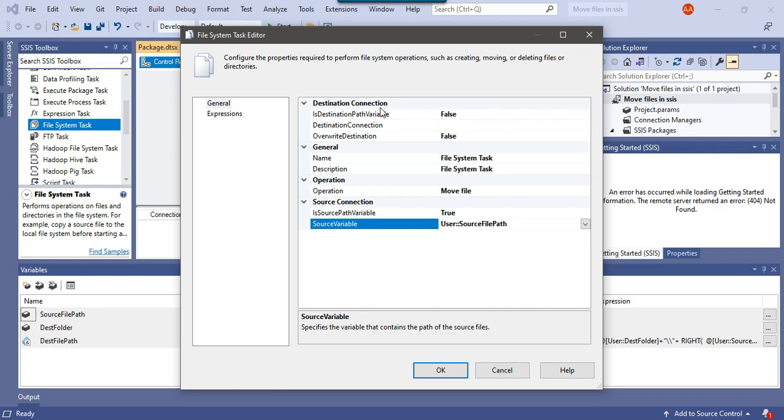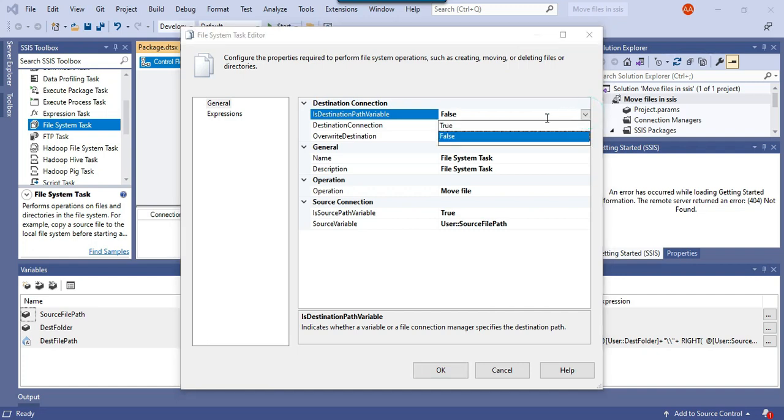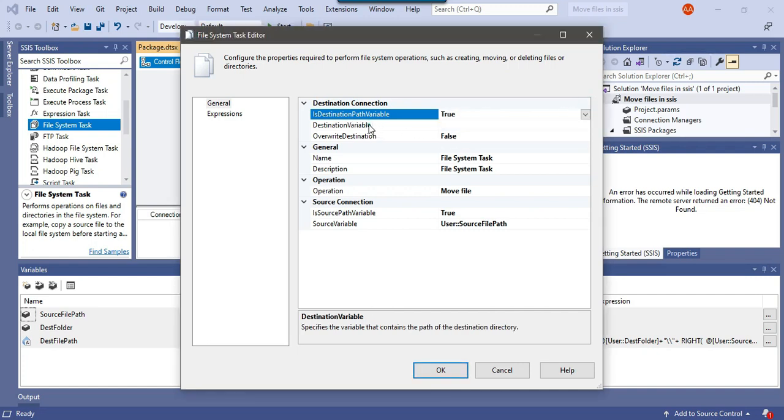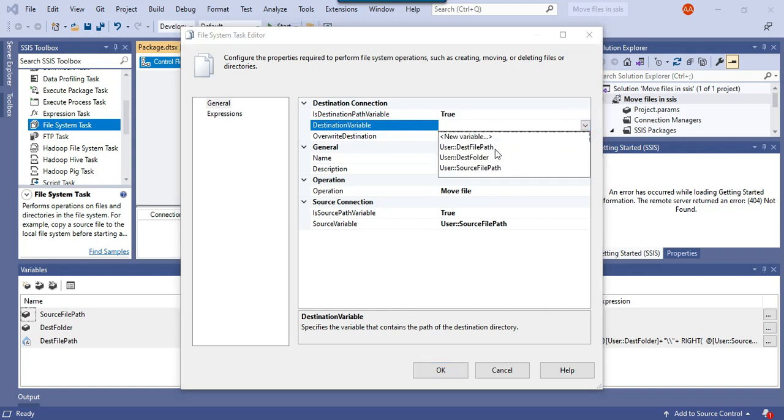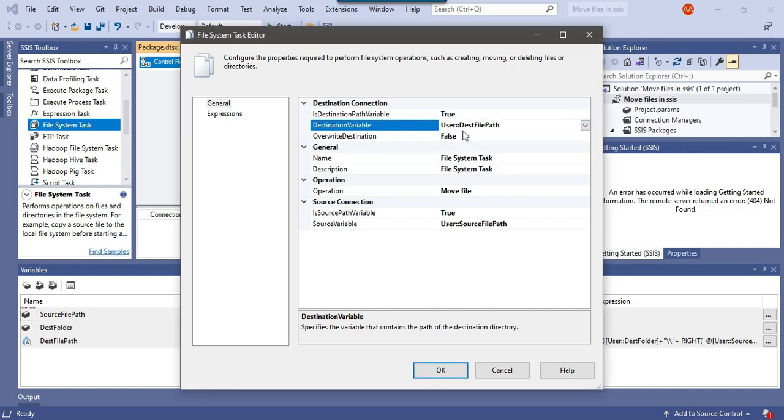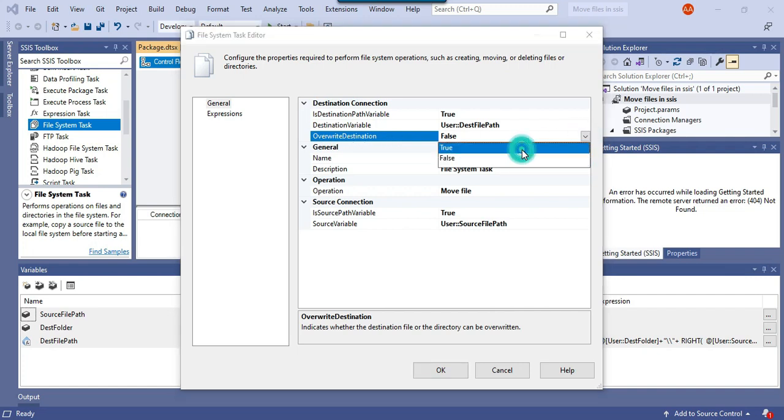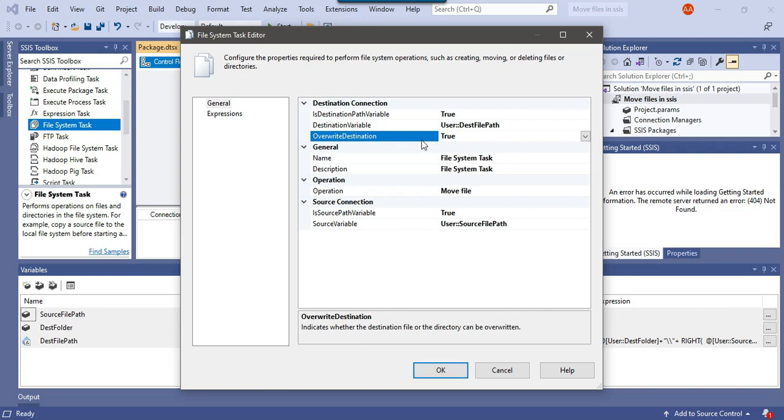And then in the destination connection, it is asking whether the destination path is contained in a variable, so we can say yes, and then in the destination variable we can select the dest file path. So we can select this one. Another option is override destination. Do you want to override the file if the file already exists in the destination folder? So I can select yes, true. This is the only setting that we need to do.